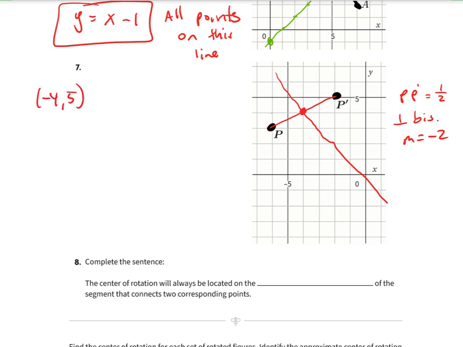So it goes through this point and has a slope of negative 2. Right? So I'm going to plug this point in using point-slope and get my equation. So I get y minus 5 equals negative 2 times x plus 4,